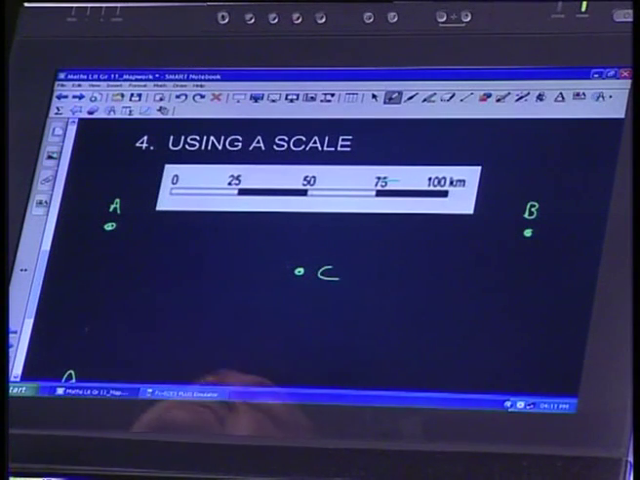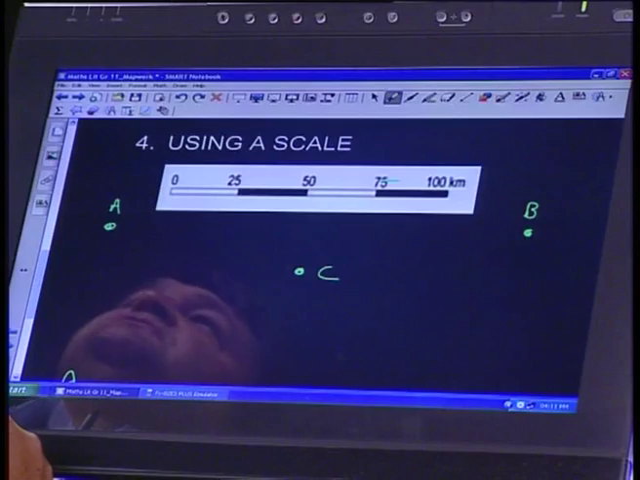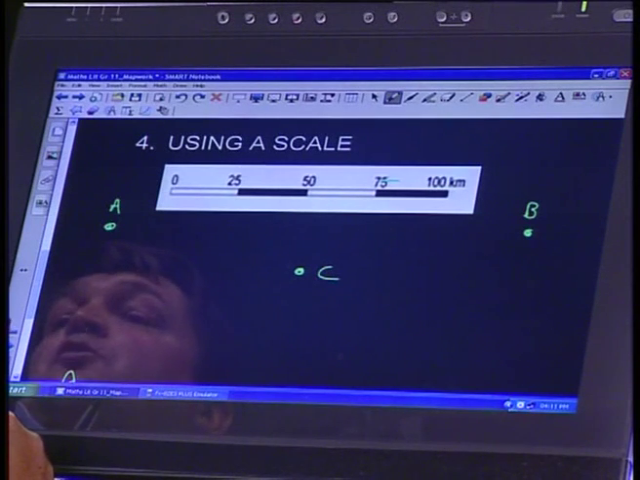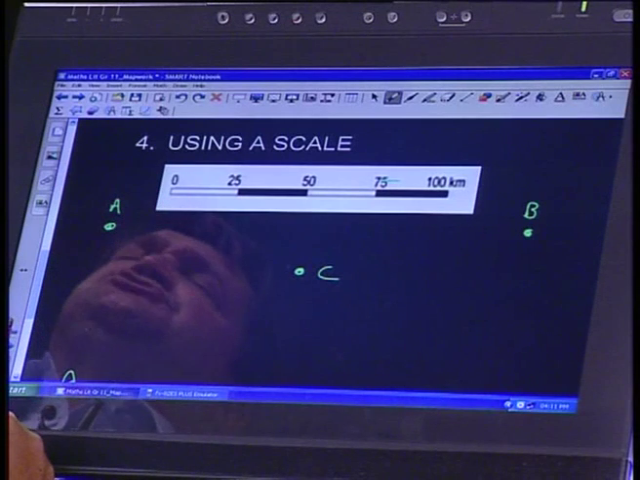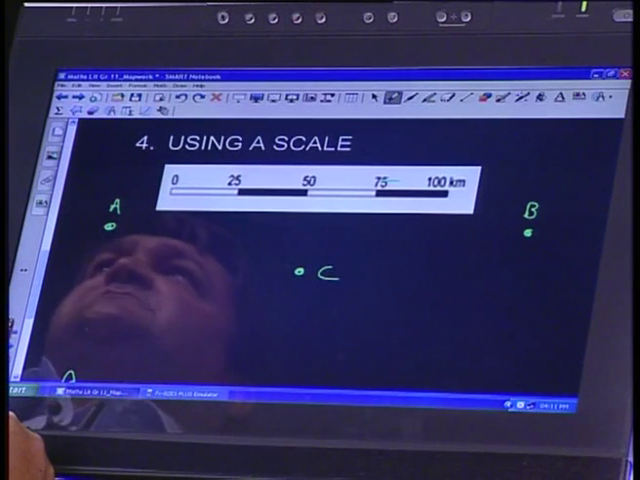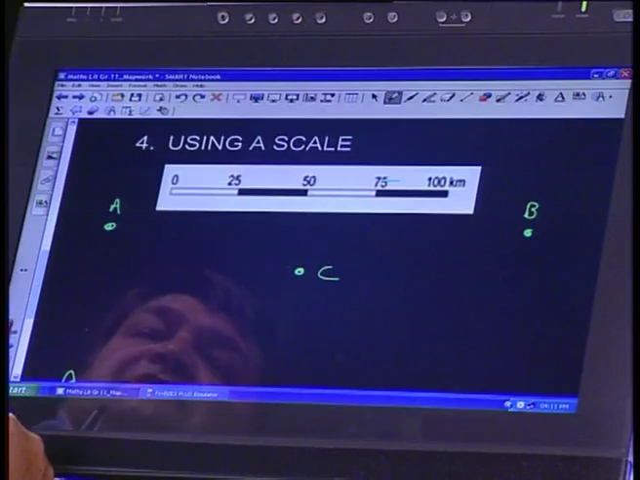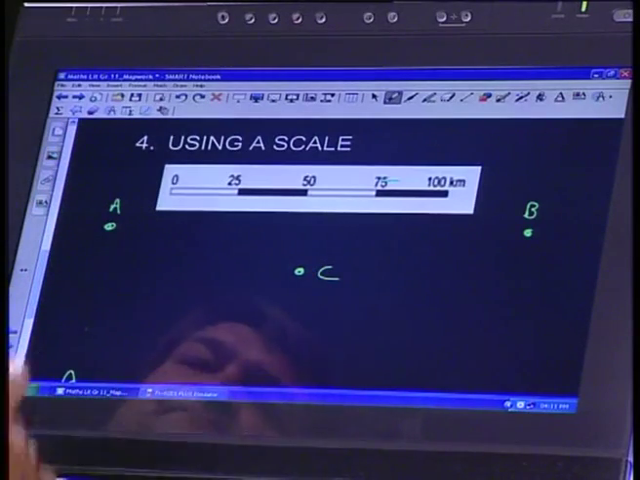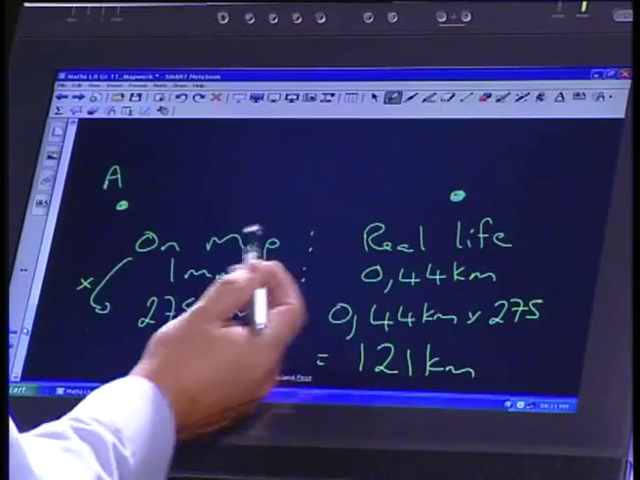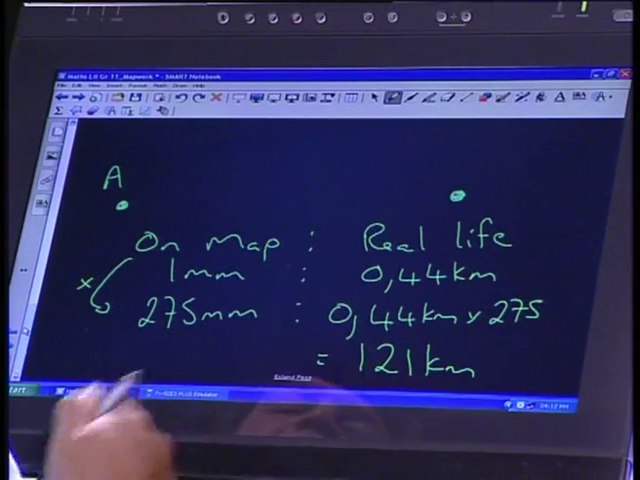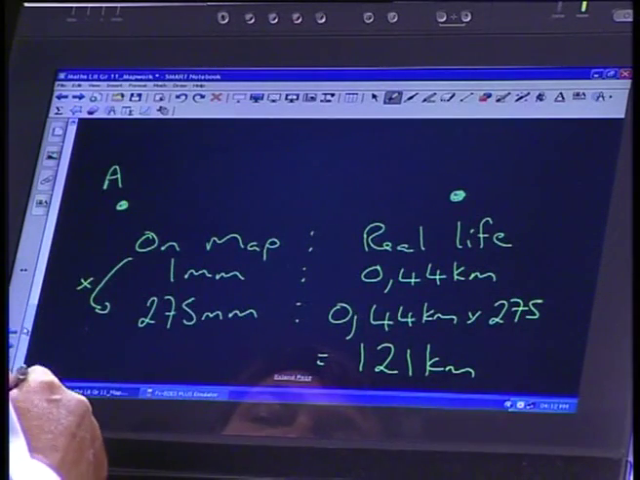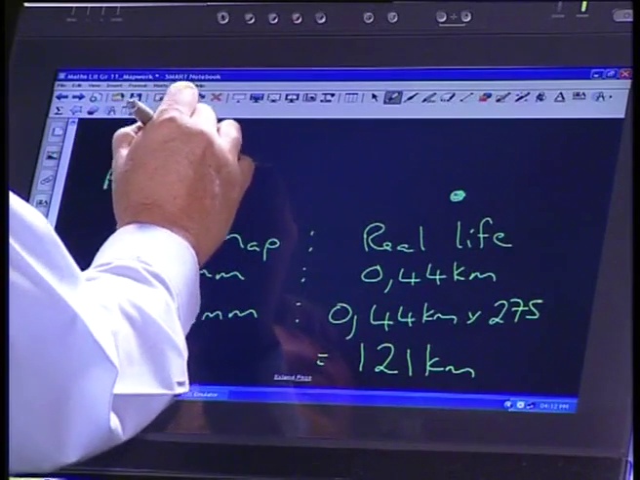Now, the next type of scale we're going to do is a number scale, or some people call it a representative fraction. Jeez, that's a big word. I can hardly even say it. So I'm going to call it a number scale. And what do I mean by a number scale? Well, do you remember when we worked out this distance and we said that 1 millimeter represents 0.44 kilometers? Okay? What we're actually saying is this, that 1 millimeter